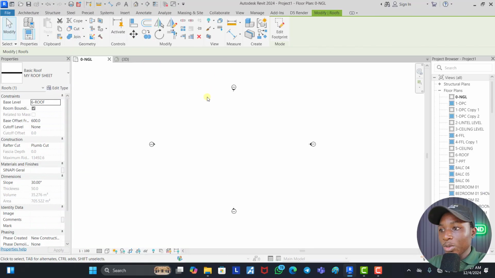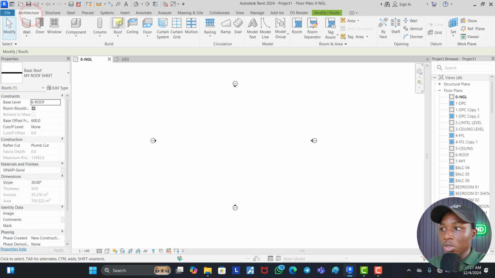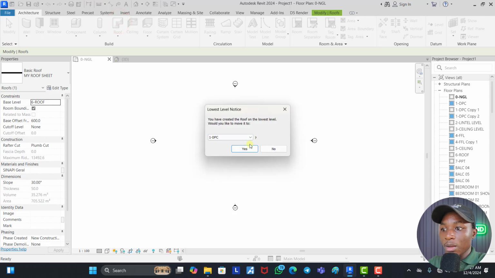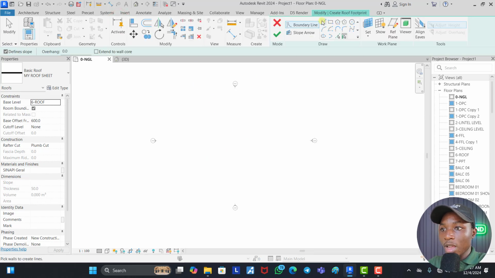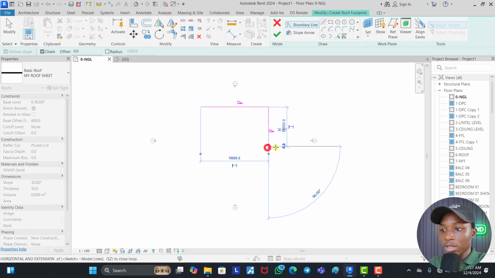Okay, so as you can see, my Revit interface is open. Since we're about to create realistic roof materials, all we need to do is create a roof first of all. So we need to come down to Architecture, you see Roof, we click on the roof. I'm just going to create one roof here on the roof level. We're just going to draw the footprints. Let's say I have this,